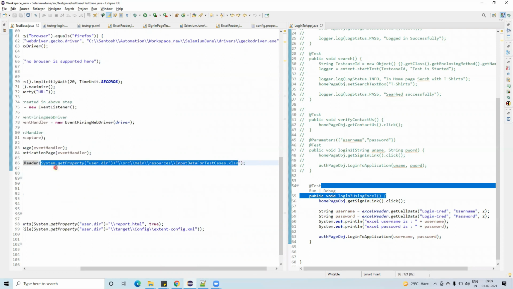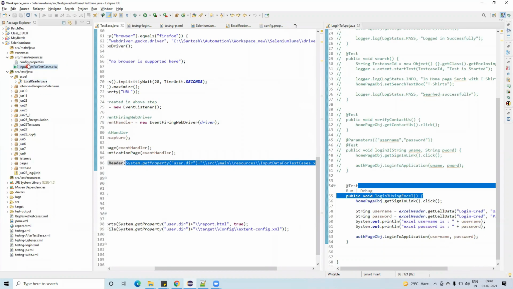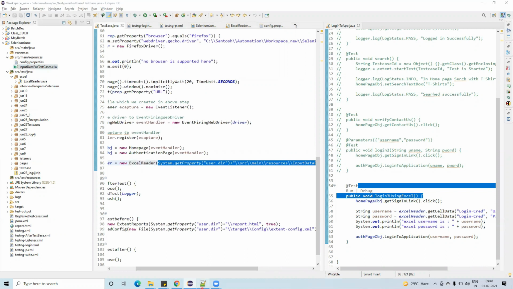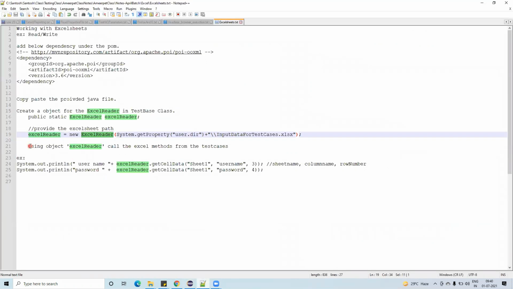The location: you already know this System.getProperty user.directory is nothing but getting the project location, and then src main resources. Recently we started using this src main resources. Yesterday we copied the property file and today we are copying the Excel files. This is also the second step, and the third step is to use the Excel reader object